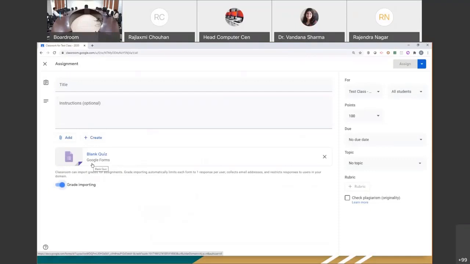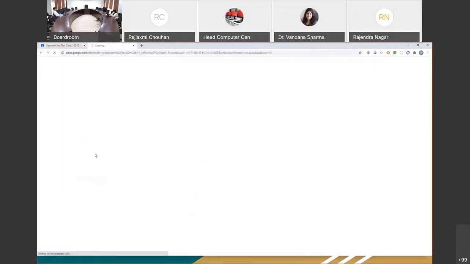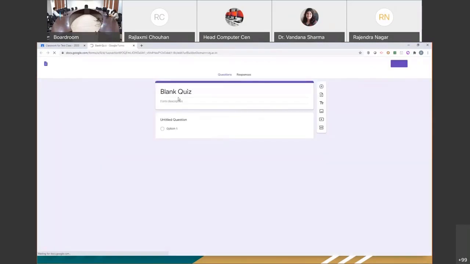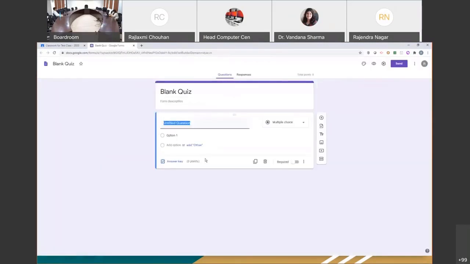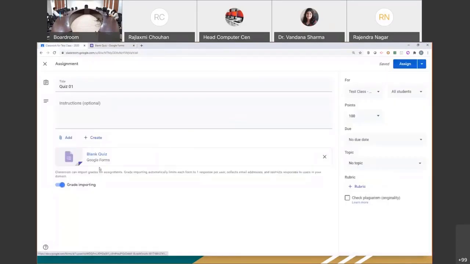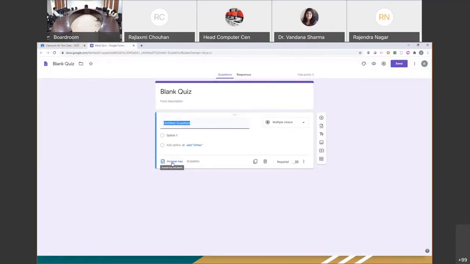The only difference is if it was just an assignment, then you can insert a separate form here and still make it into a quiz assignment, right? So there's no difference other than this. Here again, what you could do is you write the name of the quiz, and when you open, now right now, because this was by default already there, this is already a quiz in the form of a quiz. So you notice that it already has an answer key and points assigned.